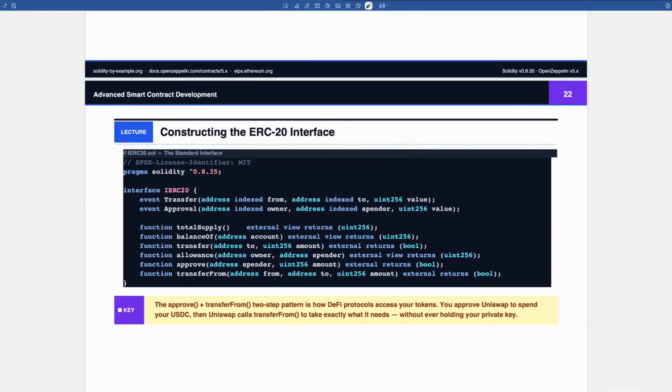Before we begin, let us skim over the ERC-20 interface. So we have said in order for a token contract to be ERC-20 compatible, it must implement 6 functions and 2 events. Now we have added those inside this interface ERC-20. Key takeaway at this point is the approve and the transferFrom, this 2-step pattern is how DeFi protocols access